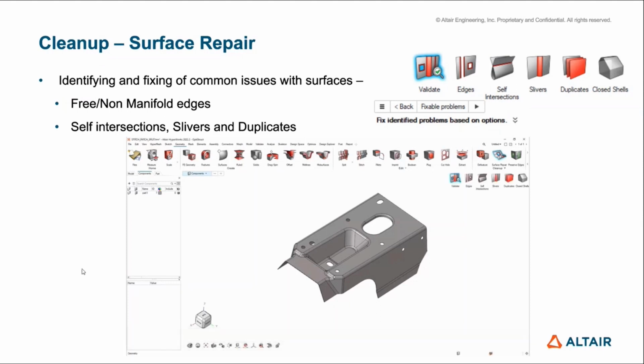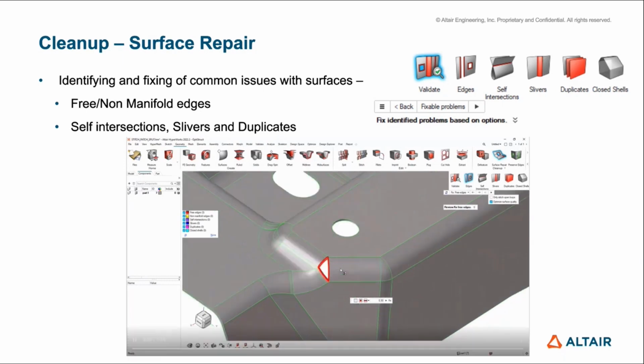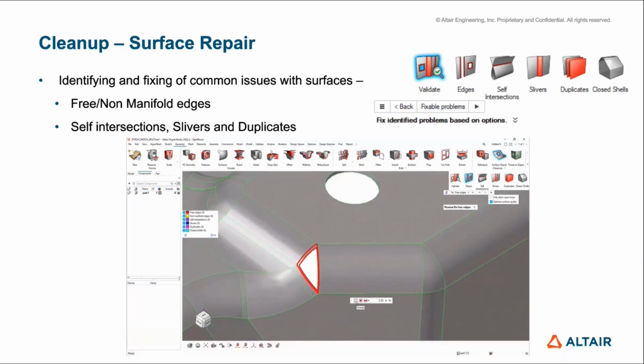On the cleanup side, we added the surface repair tool. This is a very useful tool when you import a geometry and you want to look at certain common problems. As you can see here under the options, under validate we have all of the things that we identify and fix. You can also change all the tolerances, and once you set all of your options correctly for identifying the free edges, non-manifold, self intersections, sliver surfaces, and so on, it'll identify all the problems. You can click on whatever is fixable, it'll try to fix it, and then the remaining ones you can go in